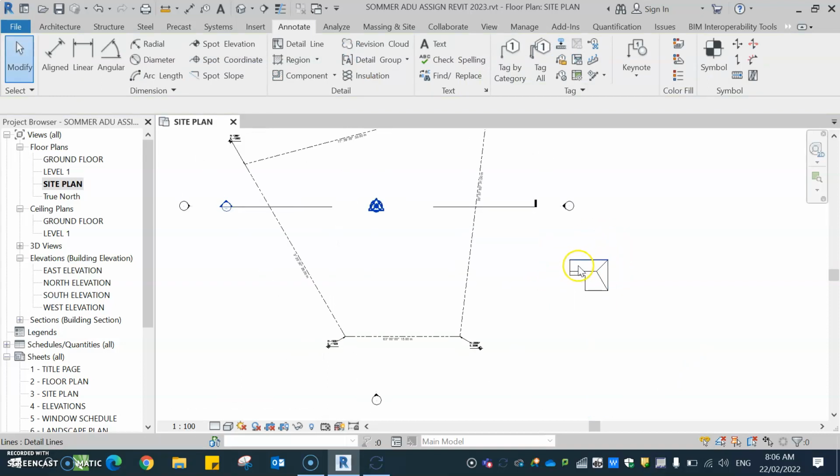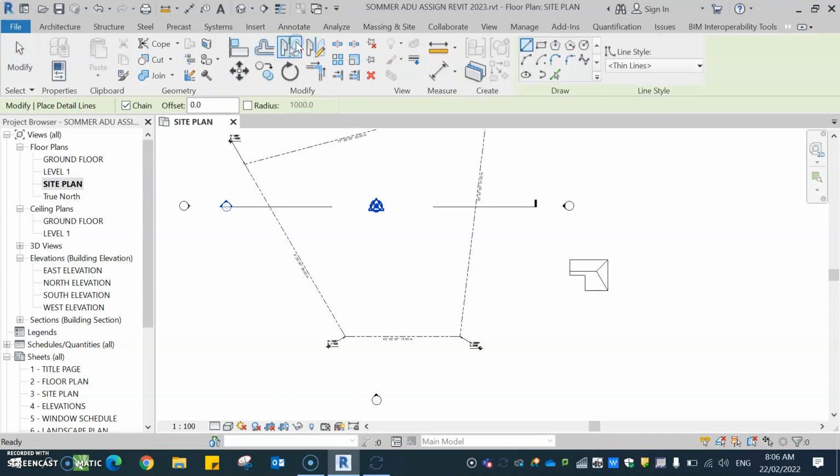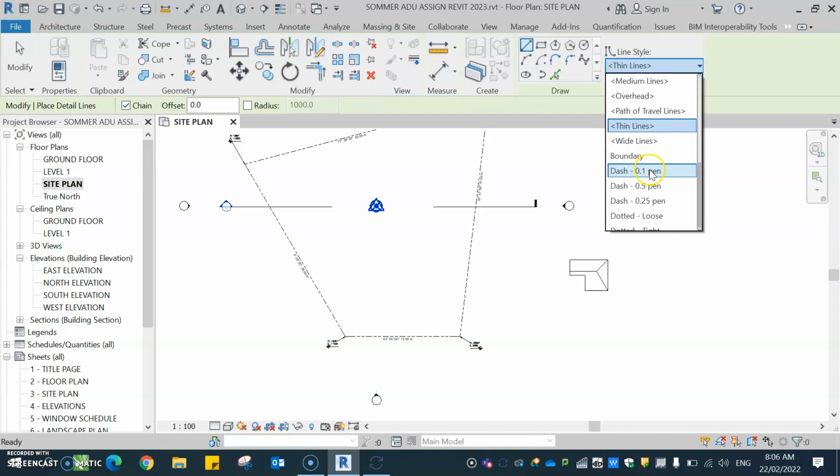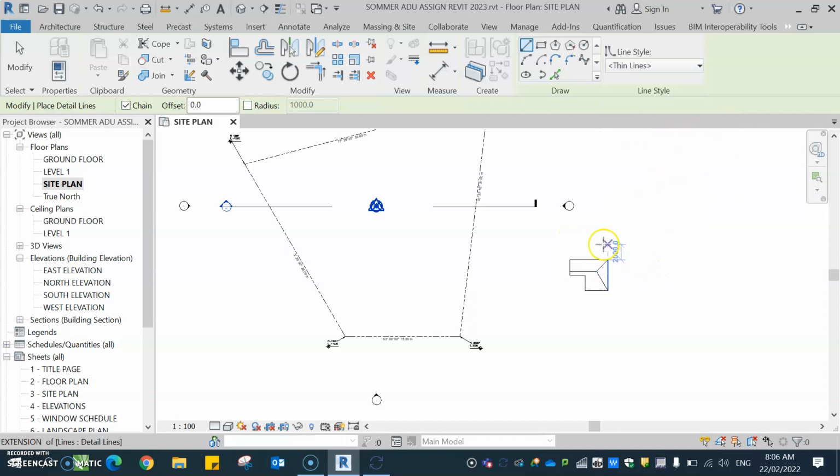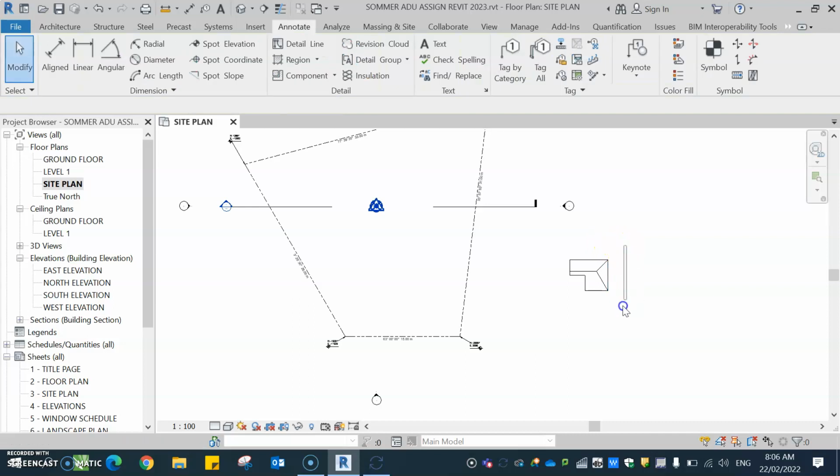Now, you need to position that. Just quickly recap, detail line. What I didn't say is that you can change this to dotted and dashed lines as well. So for example, if you needed to extend this, you could put a dash line on there and that would allow you to extend into the next block. All right, so for mine, I've just got thin lines. Okay, so I'm going to hit escape and I'm going to position it